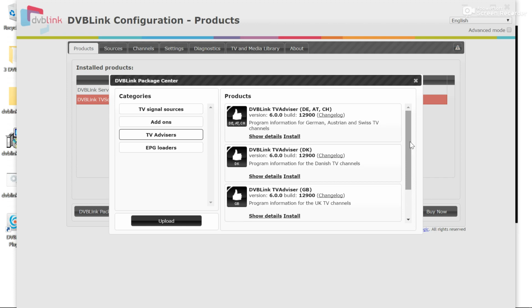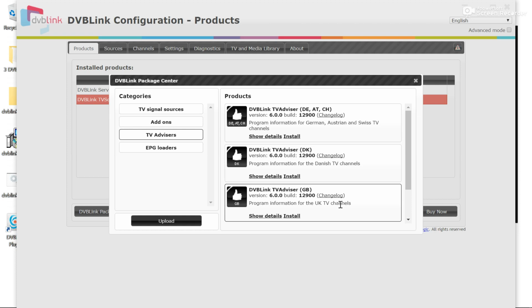But obviously, there is lots of other ways of getting EPG guide information into DVBLink. For the channels that the TV Advisor doesn't do, I use EPG Center. These are generally satellite channels that are missing. You know, the DVBLink TV Advisor does not have any EPG information for. Okay, and EPG Center pulls that information off the FreeSat or the satellite transmission to fill in the blanks, and